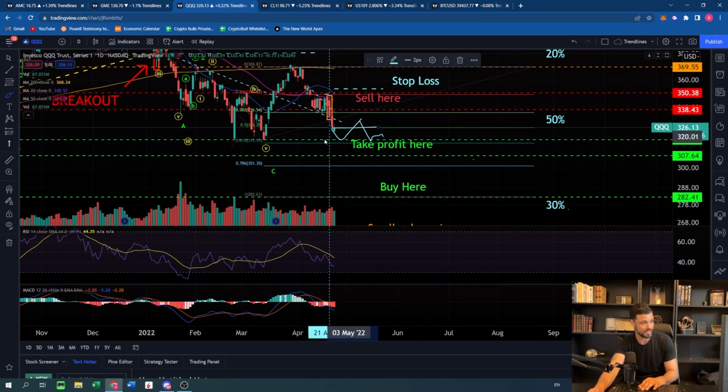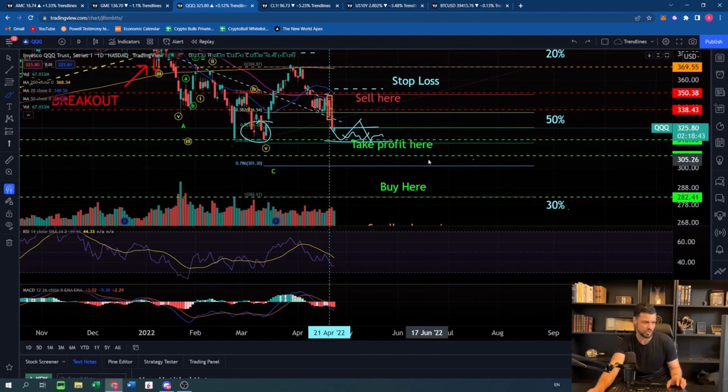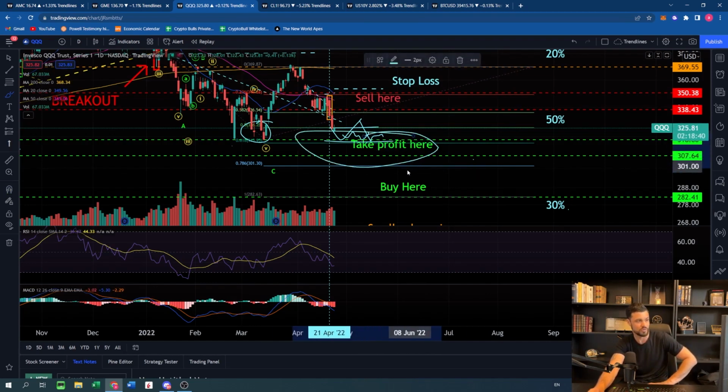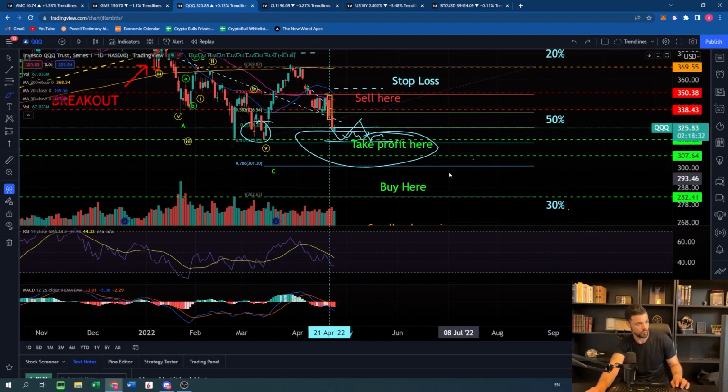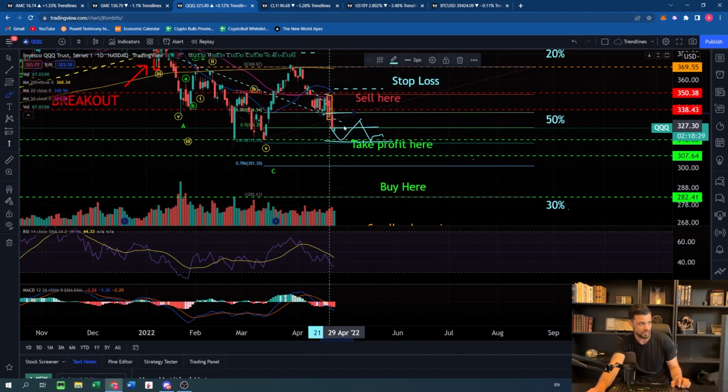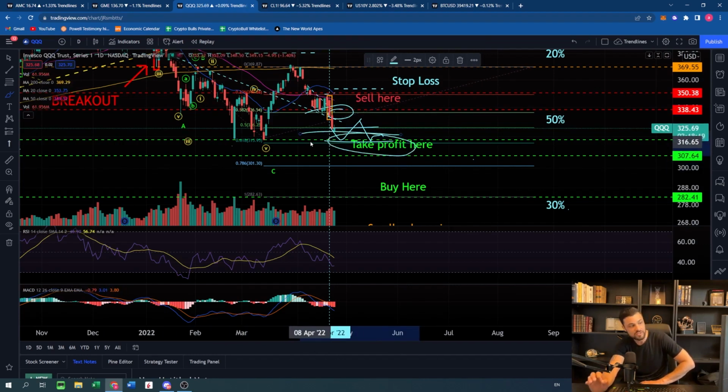So let's see. And this is another scenario, that we consolidate a little bit here, a little bit like we did here, but that this time we break it. All right, so this is another situation. If this happens, then we can again build a bearish position here, but this one would be much riskier. So in this situation, I would personally wait and build a long position only here, guys, much lower, because this is a take profit area for those who have a short position. So I have some short position, but it's not as big as I wish it could be, because I couldn't sell here as I wanted to. So I won't be taking profit here, or maybe I will take just a little bit of profits.